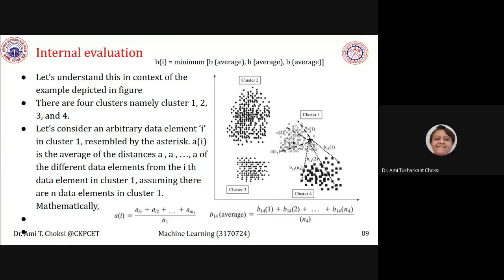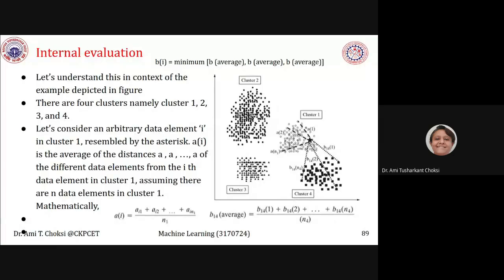The different symbols are used. This is the hollow circle, and this is the rectangle, that is for cluster 4. This is cluster 3, where a bold triangle is used for depicting cluster 3, and for cluster 2 we use a black round, wholly filled, that is cluster 2, right? So this is what is given to us, the data shown.